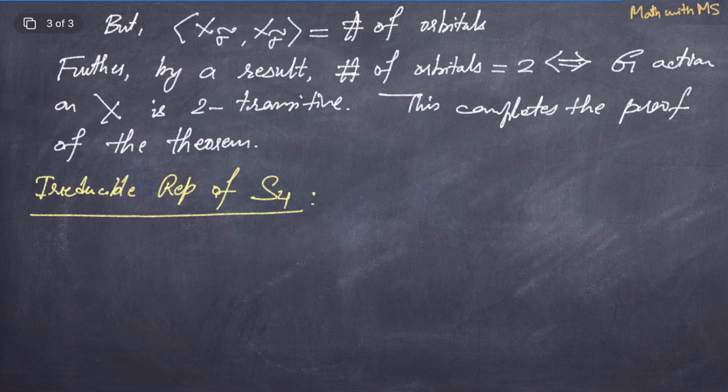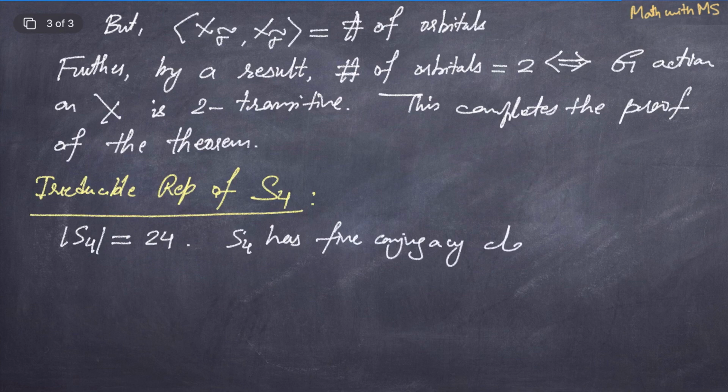We are going to use the preceding result to find equivalence classes of all irreducible representations in the symmetric group S4. So by theory we know that it is the same as the number of conjugacy classes in the group. The symmetric group has order 24, and by hand you can compute all the conjugacy classes, and S4 has 5 conjugacy classes. We can write down the representatives.